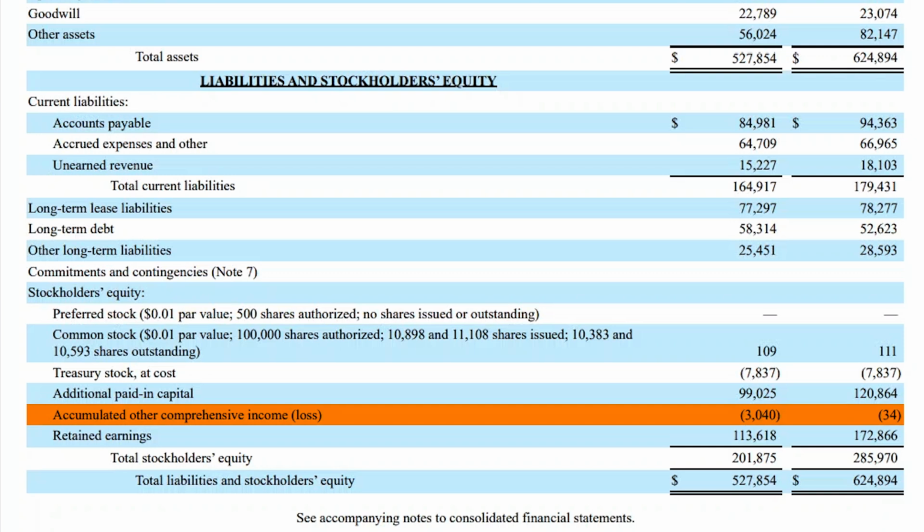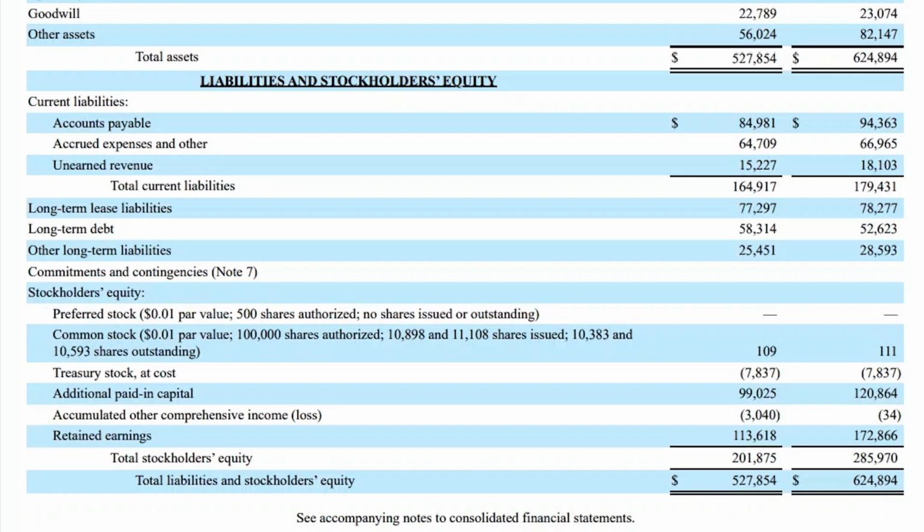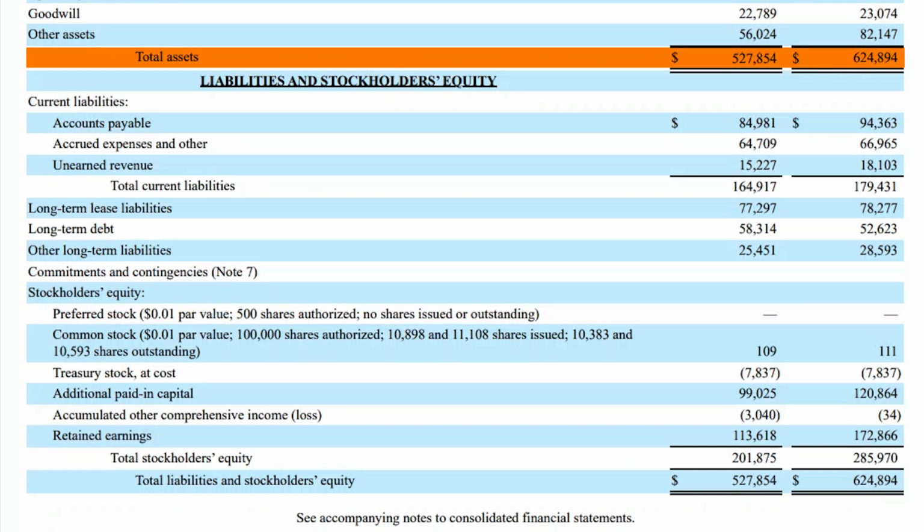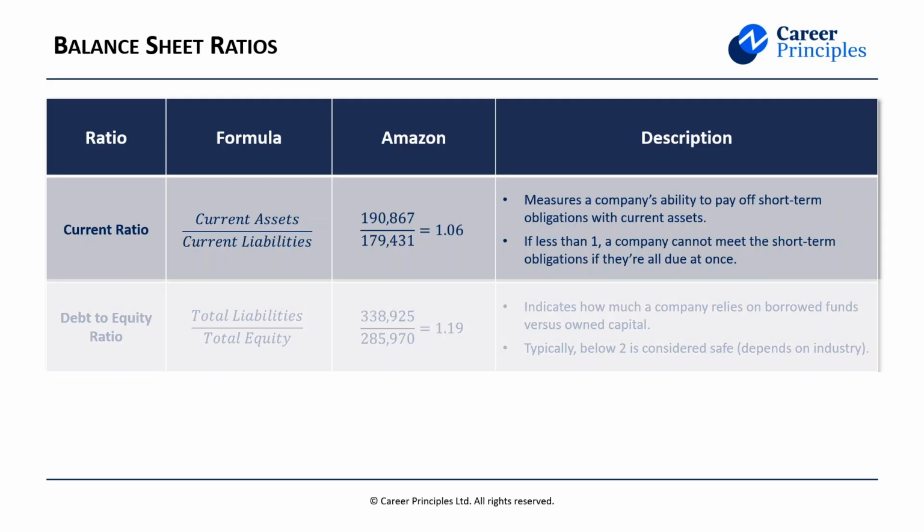And this typically includes things like foreign currency adjustments or other unrealized gains or losses. Finally, we've got retained earnings, which are basically Amazon's cumulative profits over time that they've decided not to distribute to shareholders as dividends. And with that, we've reached the totals, which are balancing out, as total assets equals total liabilities and shareholders' equity. At this point, another ratio that we can use for analysis is the debt to equity